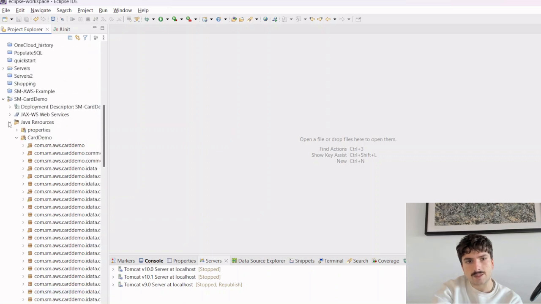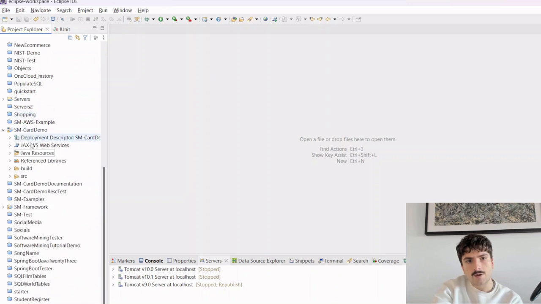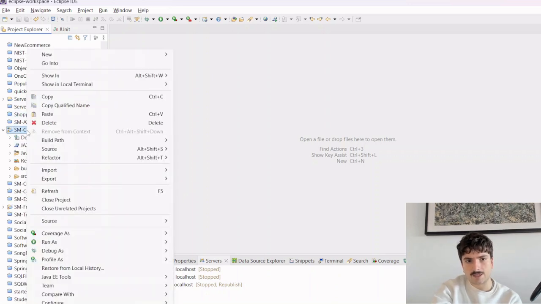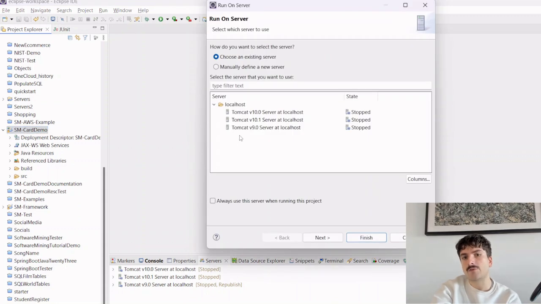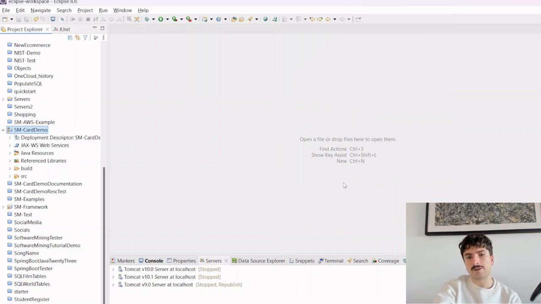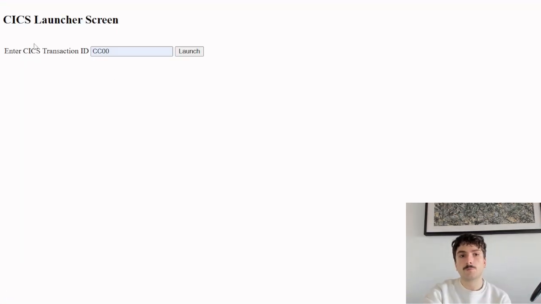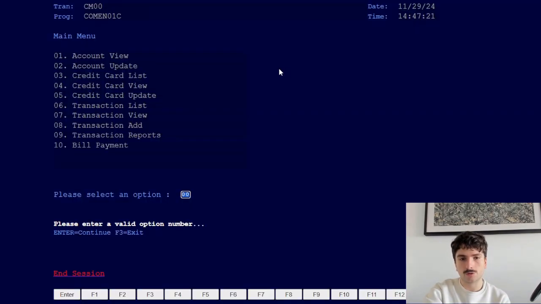Once that is in, we can collapse all of this. Right click the project itself, click run as, run on server, select whichever version of Tomcat you're running. For us that was 9. Click finish, and it will take a few moments, but the web app should launch. When it launches, we'll be on the Kicks launcher screen. Our Kicks transaction ID is CC00. We click on launch,